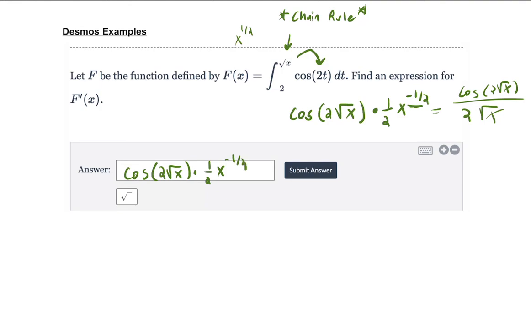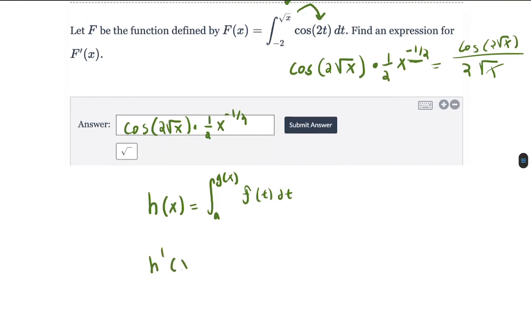And that's it for the first half. That's it for part A, the fundamental theorem of calculus, part 2. And so I'm just going to finish this off here. If you have h of x is the definite integral from a to some function g, which may just be an x, of f of t with respect to t,